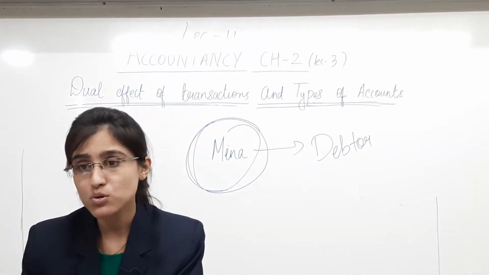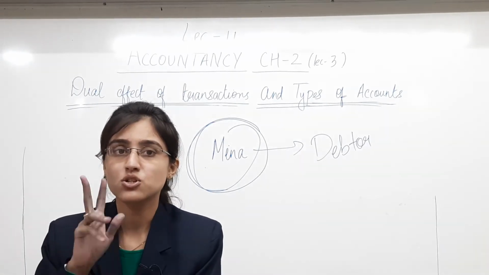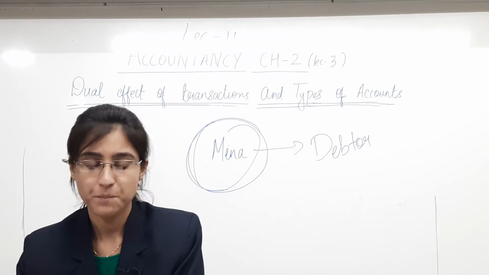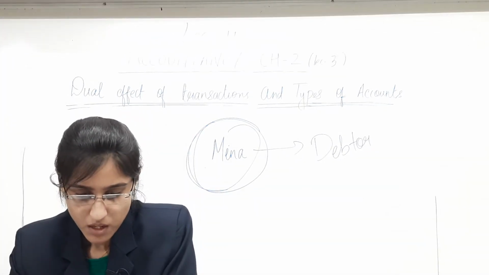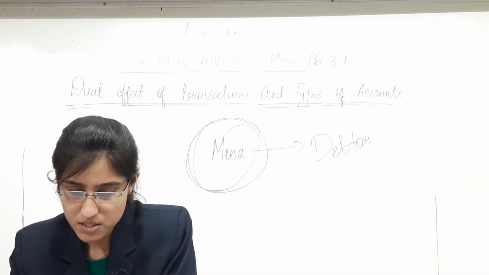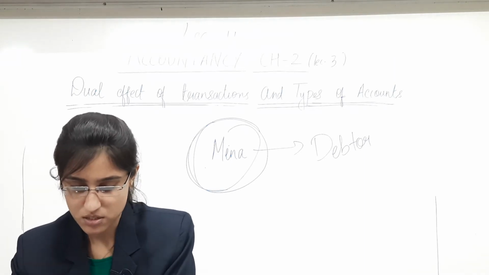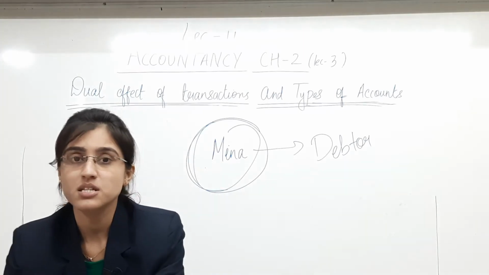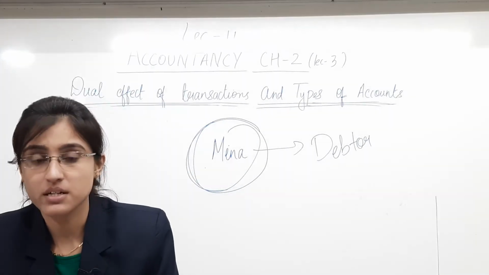I am supposed to find out which are the two effects from the given transaction. Which two effects would take place for the following transactions? Explain. The first transaction of illustration 3, it says,